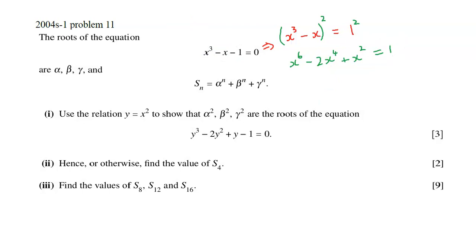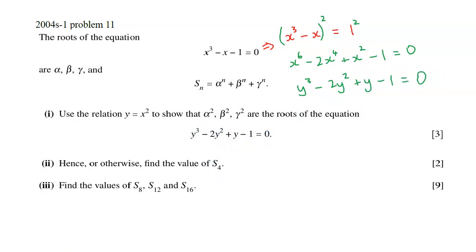And then we can obviously bring the 1 to the other side. So minus 1 equals 0. And then we can go ahead and make our substitution y equals x squared. So that gives us y cubed minus 2y squared plus y minus 1 equals 0,